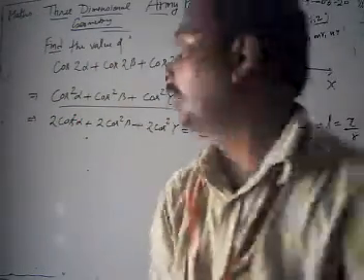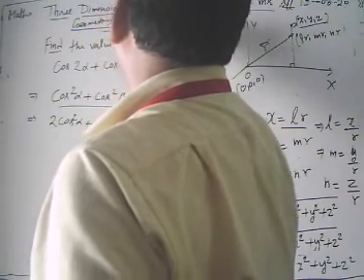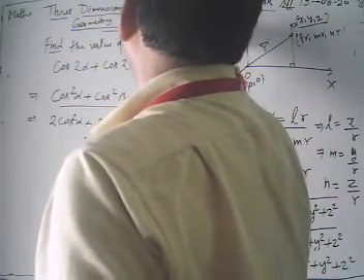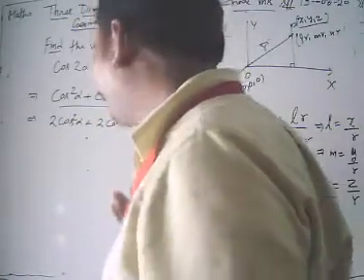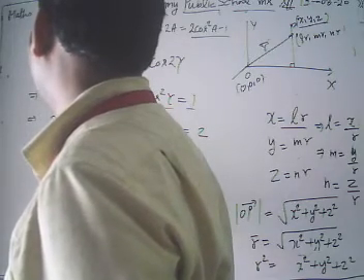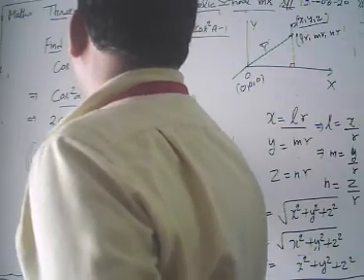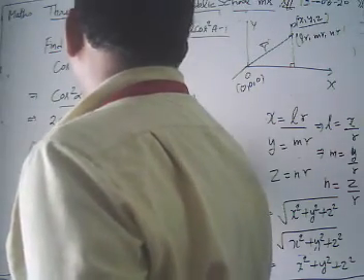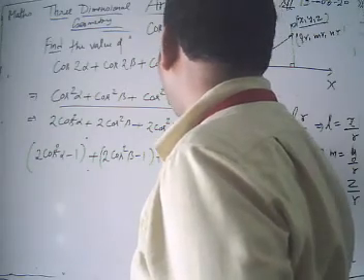Look, we need the cos 2 alpha there. Then what is our cos 2A? It's 2 cos square A minus 1. Then we have 2 cos square alpha. Then what are we going to do? Take in one bracket, it's minus 1. Then take 2 cos square beta minus 1 here, and take 2 cos square gamma minus 1 here.